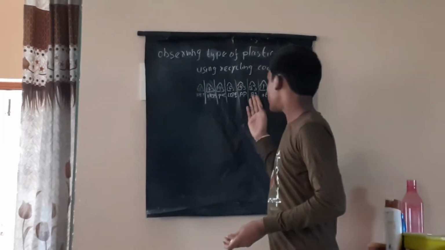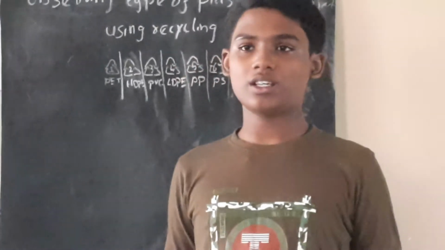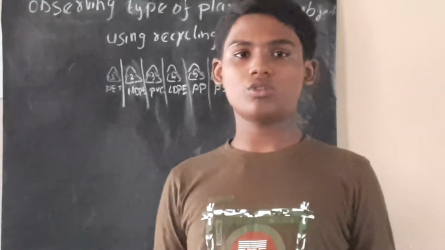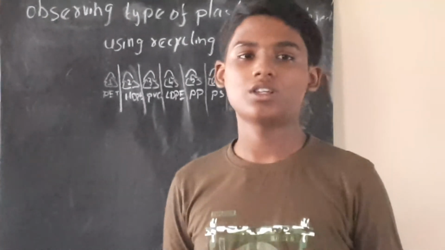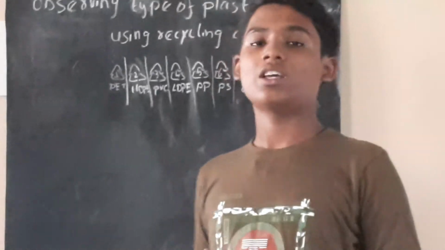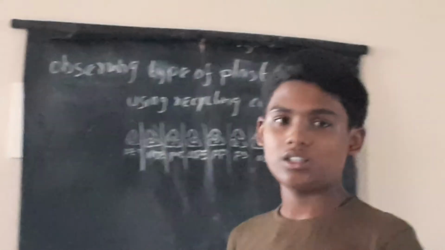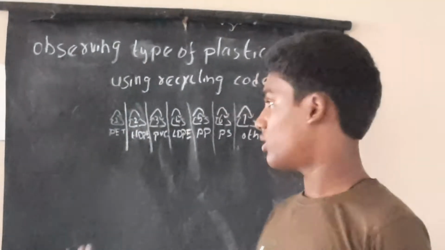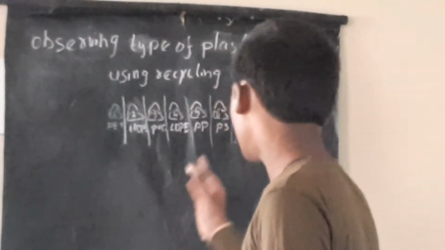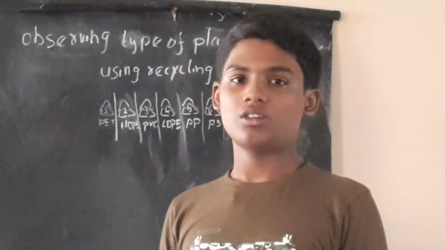Now we can observe 6, PS. PS plastic is commonly used in paper cups or paper aluminium cups, but this symbol is not there on those cups. They are made using this plastic, but many objects do not have the 6 symbol. So you can just listen: PS plastic is used in paper cups or aluminium coating cups.